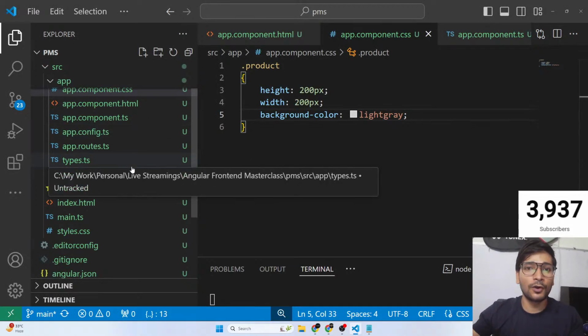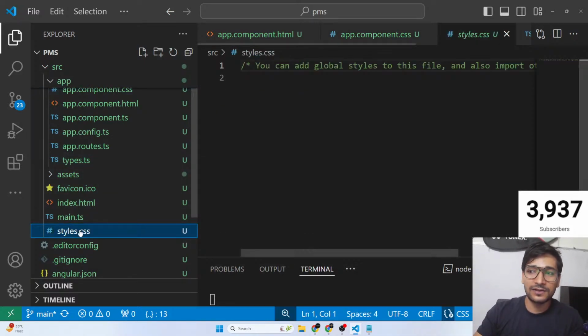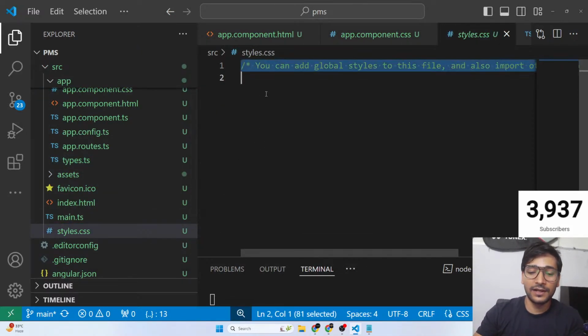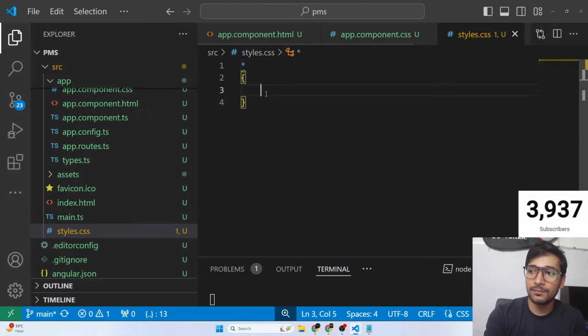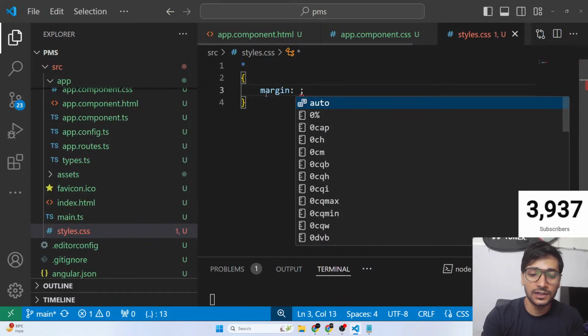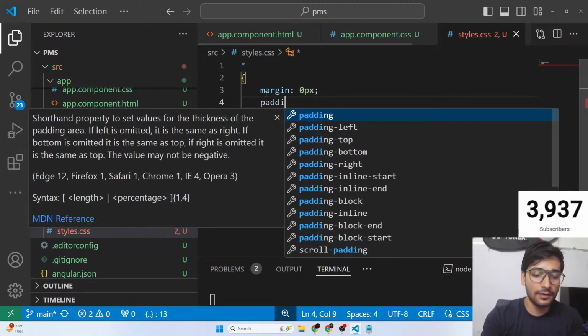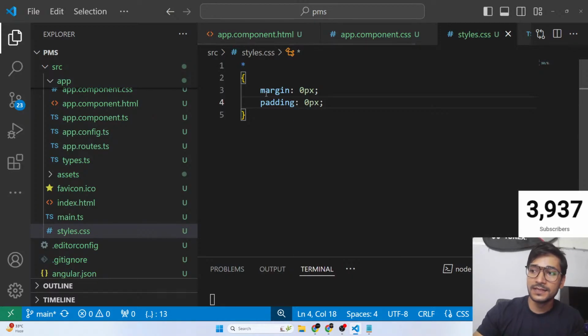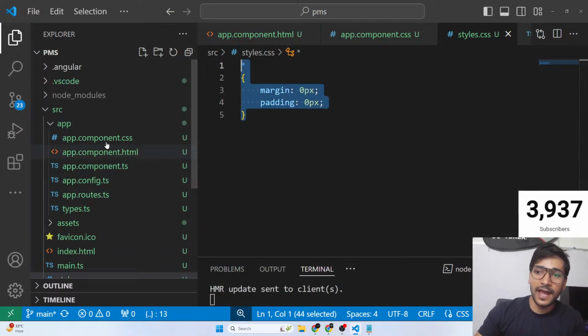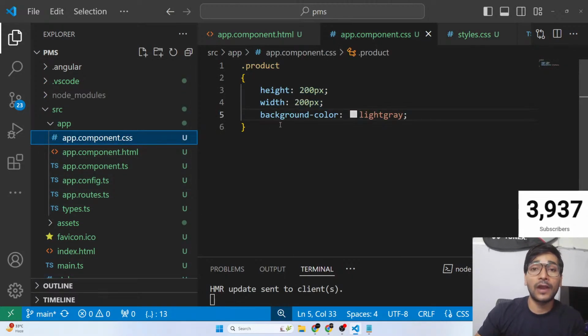As I said, guys, we want to do it for every component, every file. So we can go in the style.css, the global CSS, and mention star. By default, every element should have margin 0 pixel because I want it for everyone. If I only mention this in my app component CSS, it will only work for the app component.